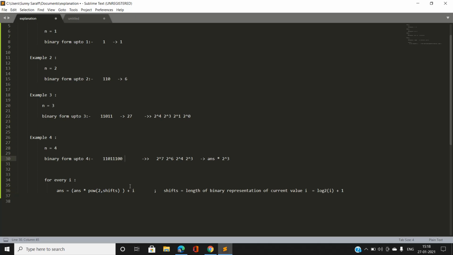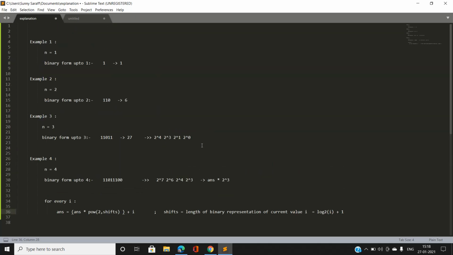So our new answer must have some extra term for the current I, because 100 is also appended here. So our new answer will be the previous answer times power of 2 with shift, where shift is the length, log 2 of I plus 1, plus the actual I. Okay. Now, how we are going to implement this, by taking the modulus along with it, let us move to the code section.